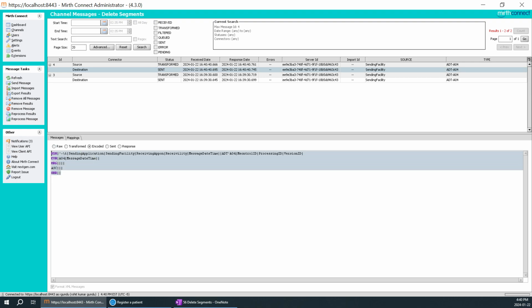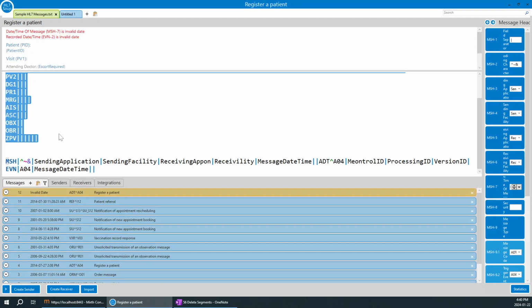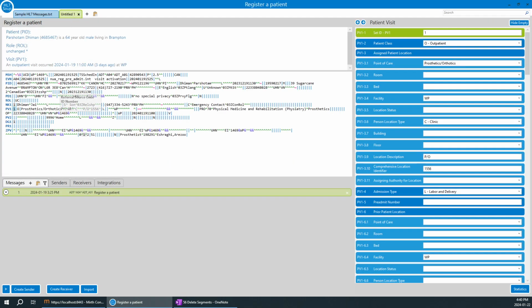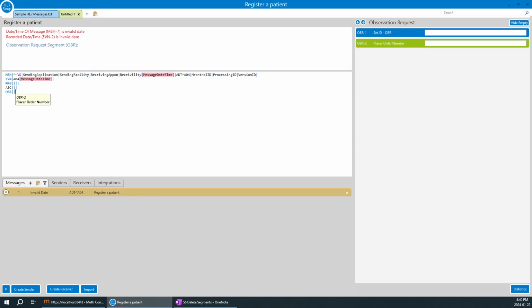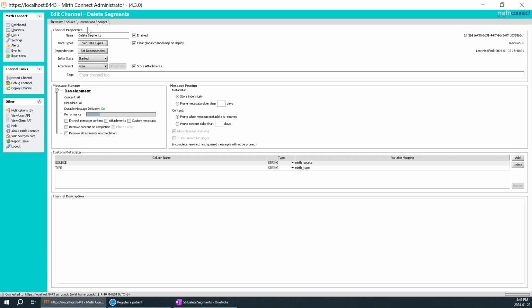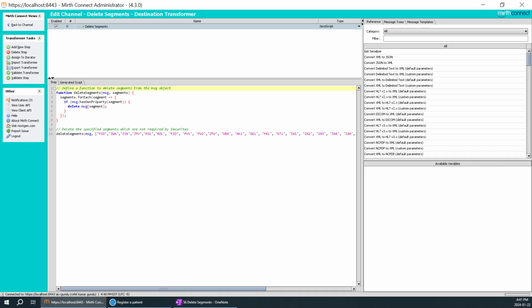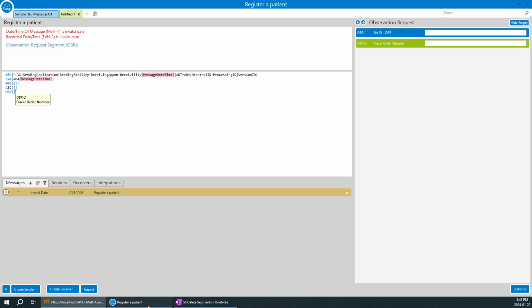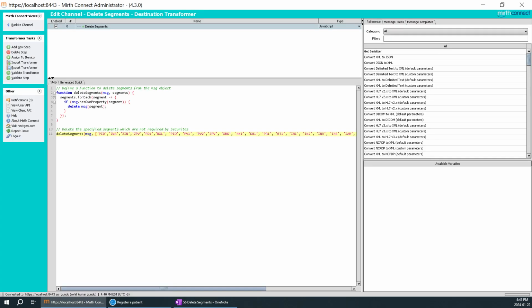MRG, ASC, OBR. I'll copy this and paste it over here, and we'll see how this was not working. EVN, MRG, ASC, OBR. These might not have been in the particular function. I will add them. It's as simple as that. As I'm running multiple scenarios, you can see how it's going to be deleted. Now I'll add EVN, MRG, ASC, OBR. There isn't EVN over here. Perfect. EVN in caps, comma,